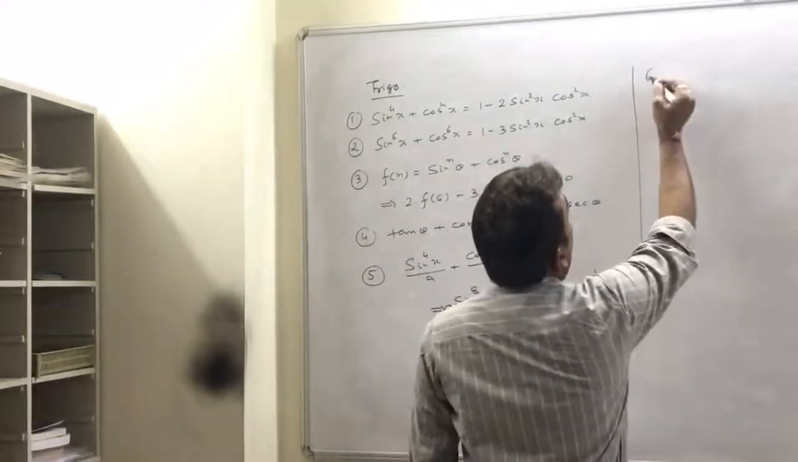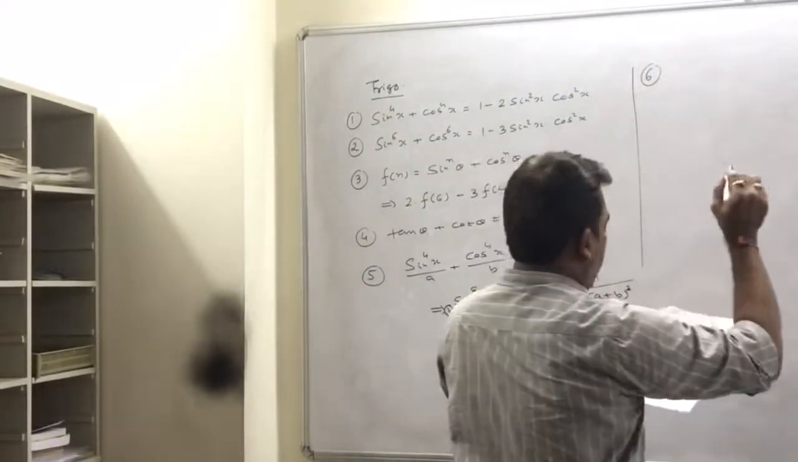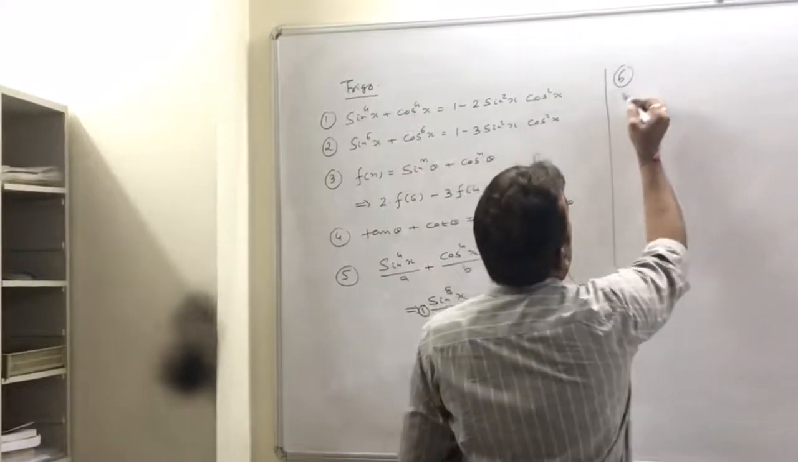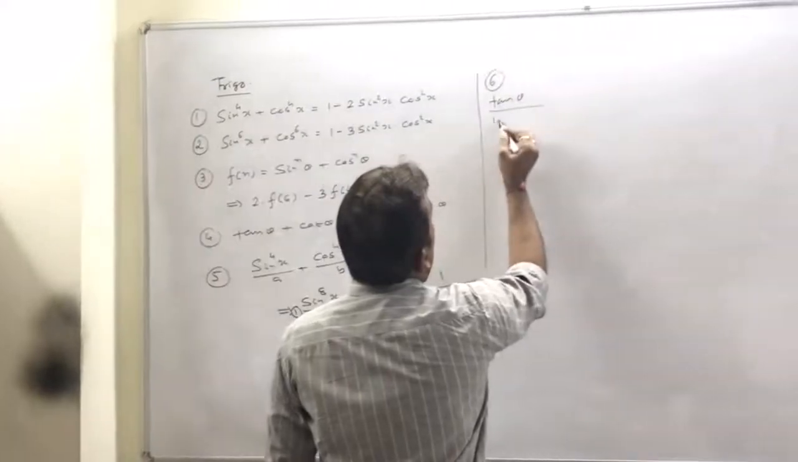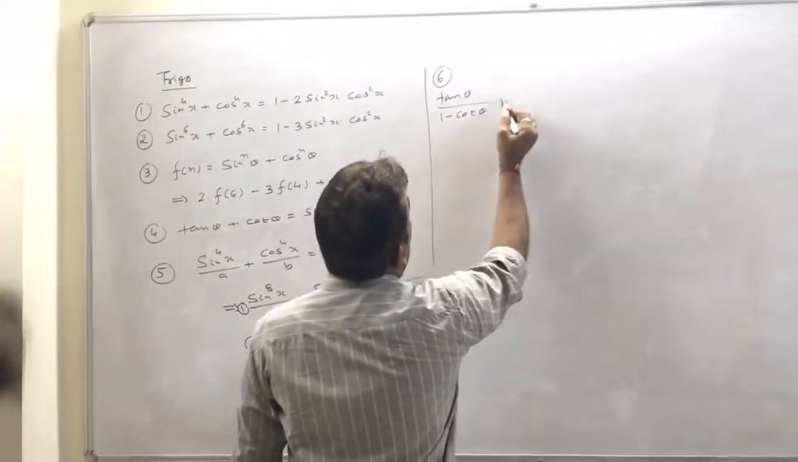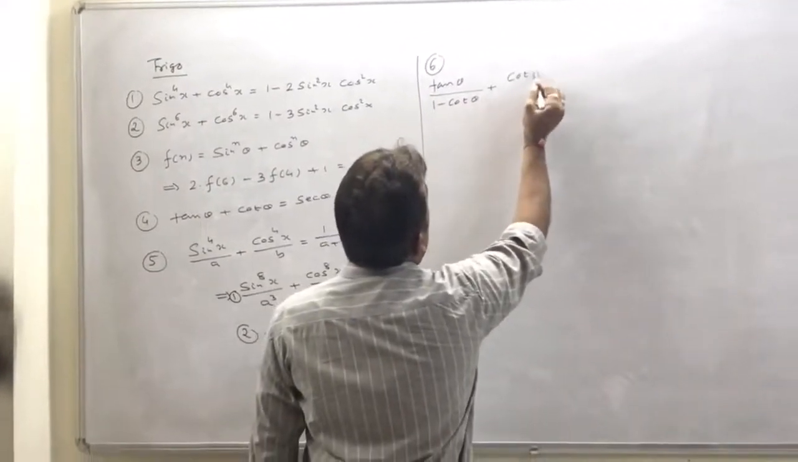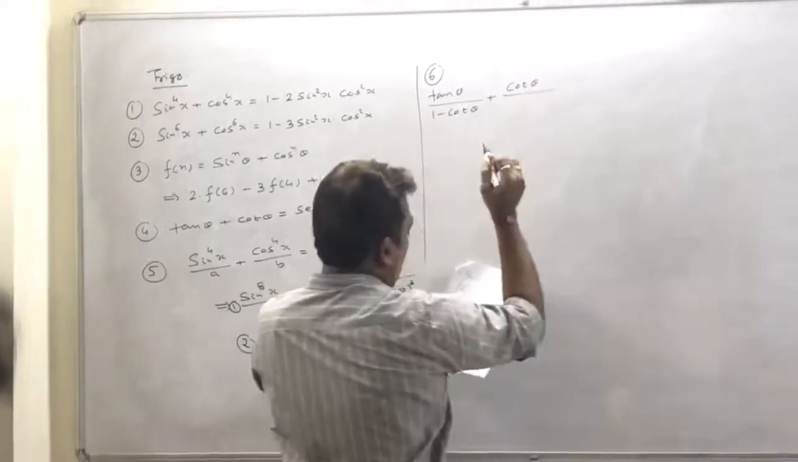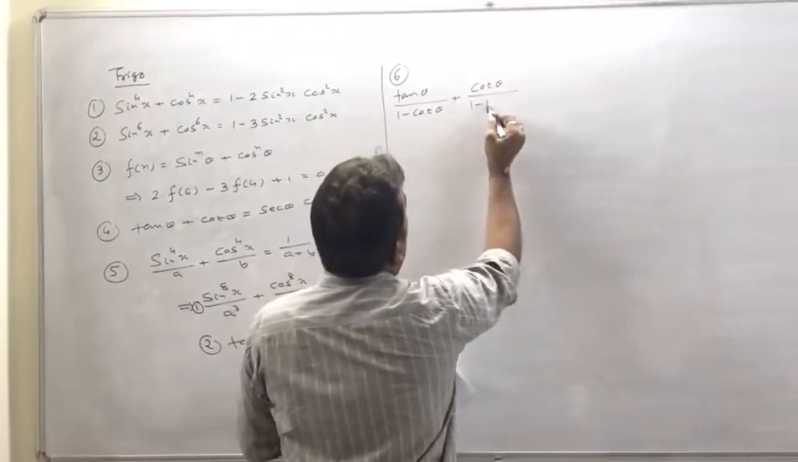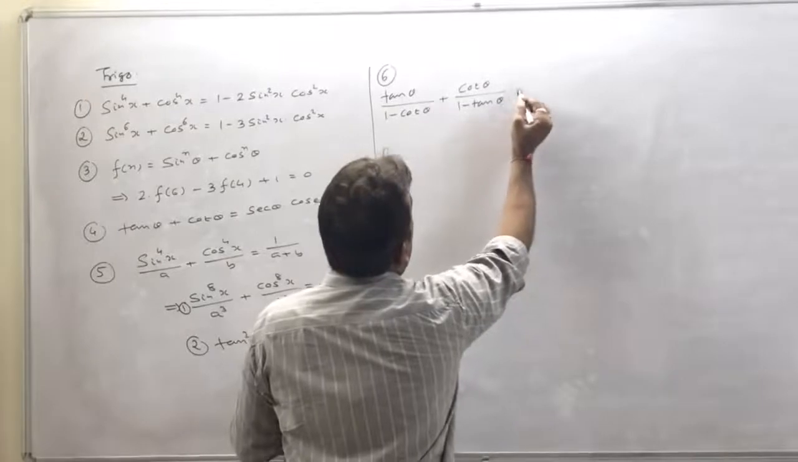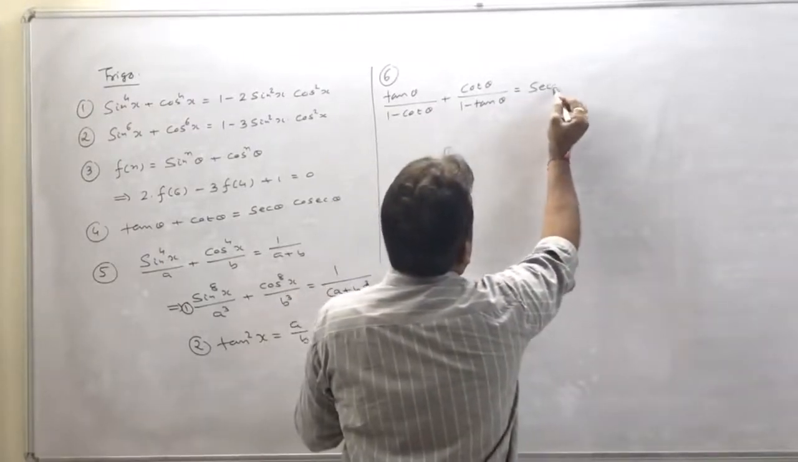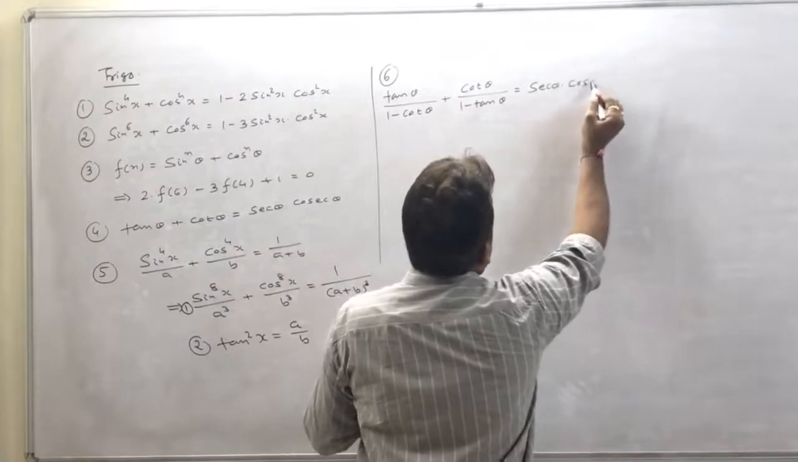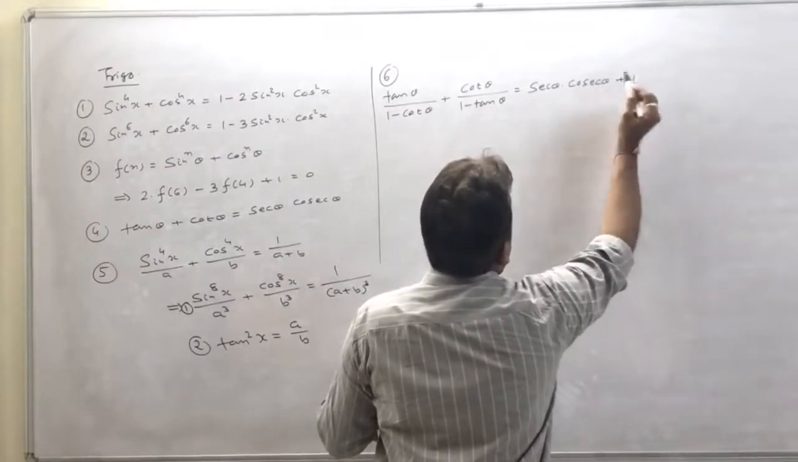Also, one example is there. Tan theta upon 1 minus cot theta plus cot theta upon 1 minus tan theta is equal to, prove that sec theta into cosec theta plus 1,